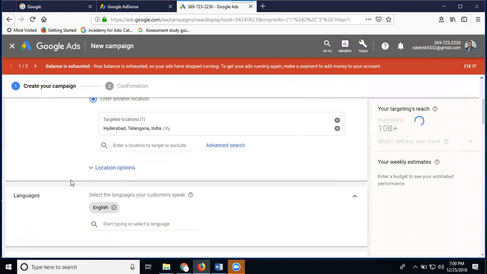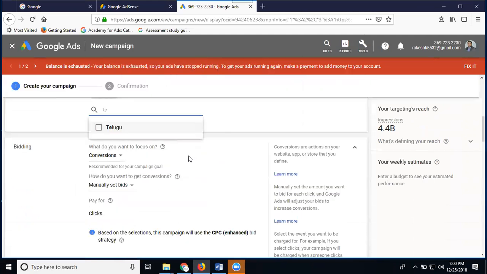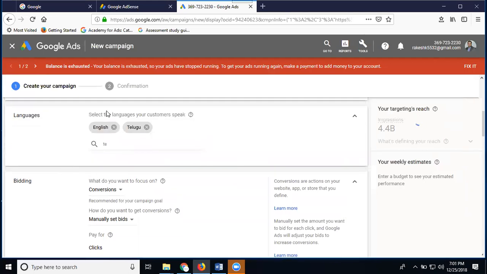Just scroll down. Next one, language selection. Only English, so you can select only that, or Telugu. So how many languages am I selecting here? English and Telugu.